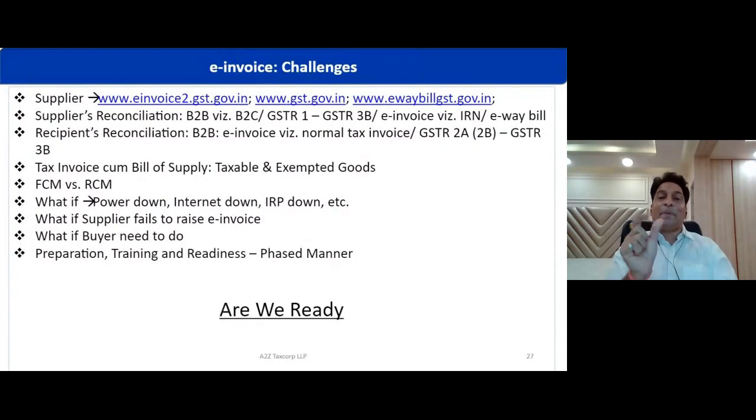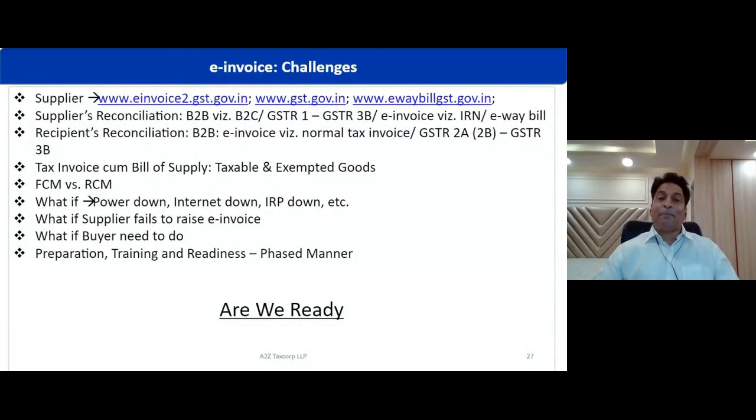They have said IRP is going to be only a pass-through portal, and they have got another 9 dedicated portals like einvoice1.gst.gov.in, like 2, 3, 4, 5, 6, 7, 8. So maybe to cater to the voluminous data, if the dedicated portal E-Invoice 1 is not working, they may create another window as an IRP for catering to this generation of IRN digitally signed with QR code.